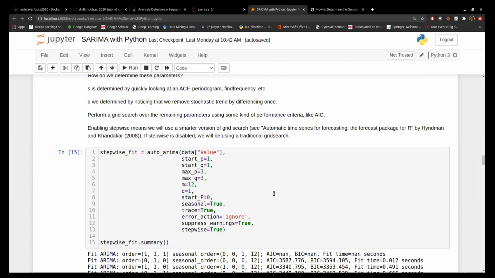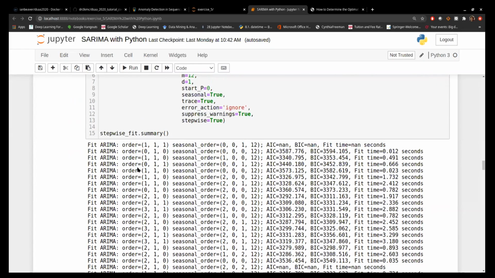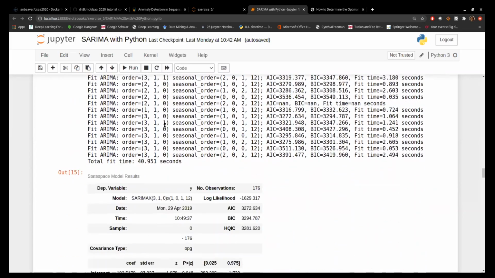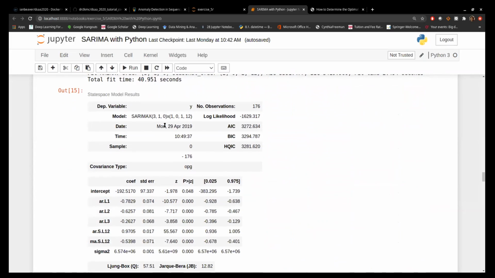And I also print out the results. You can see all the kinds of parameters that it's trying out and the AICs. And we see here that it chooses little p 3, little d is 1, little q is 0, big P is 1, big D is 0, big Q is 1, and S equals 12, or M equals 12 in this case, gives us